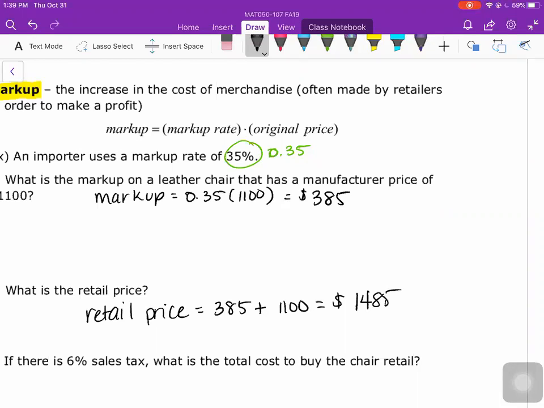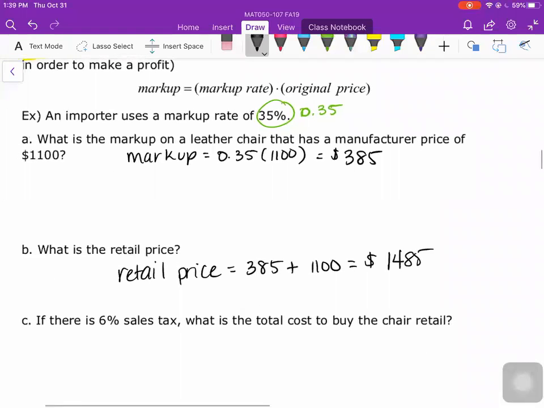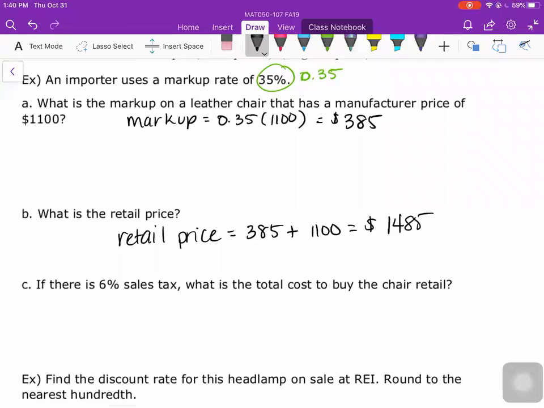So you have to go to something like Overstock. And even then, you're not going to get the manufacturer price because everybody's out there trying to make some money, right? I'm trying to see how we can figure sales tax. Would it be 1485 times 0.06? Yes. Why is it not $1,100? Because